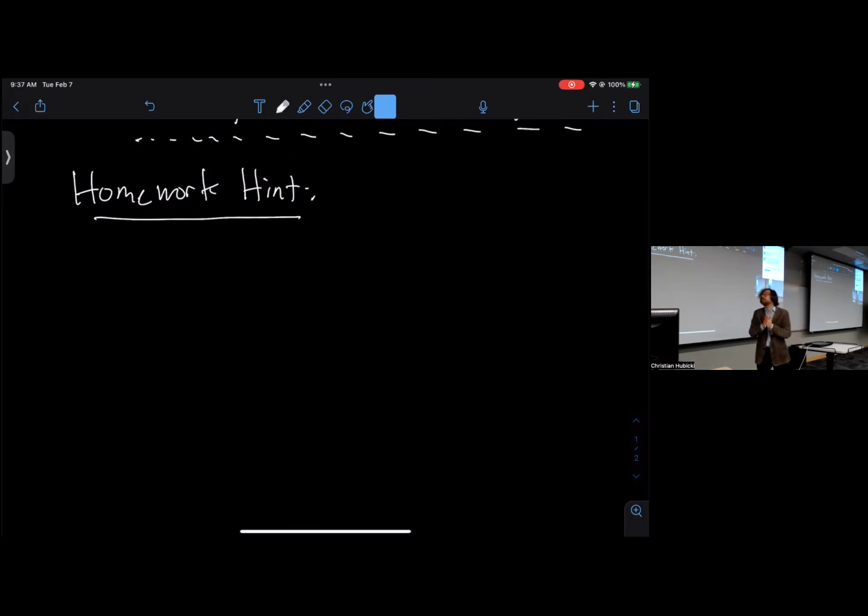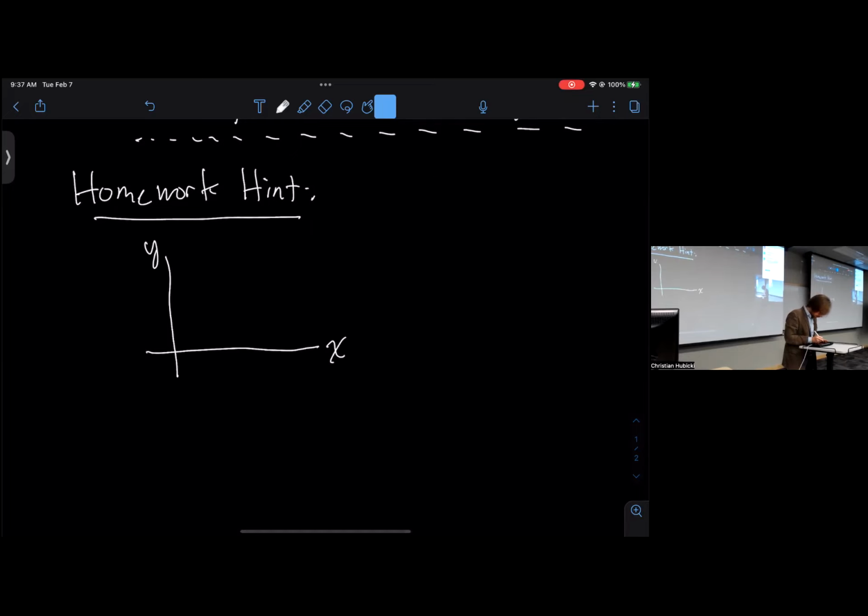Now, when it comes to the homework, there's a particular problem where I'm giving you some points on a plot. And you're going to want to do a least squares fit. Now, there are lots of ways to do least squares fits, but we're going to do it as a quadratic program. And you might recall that for a quadratic program,